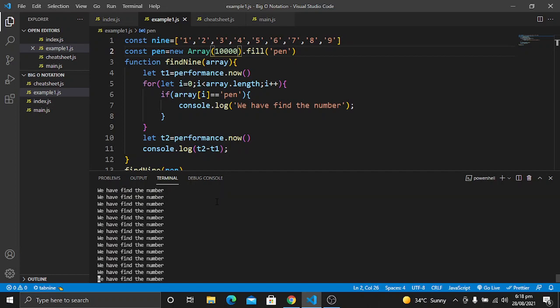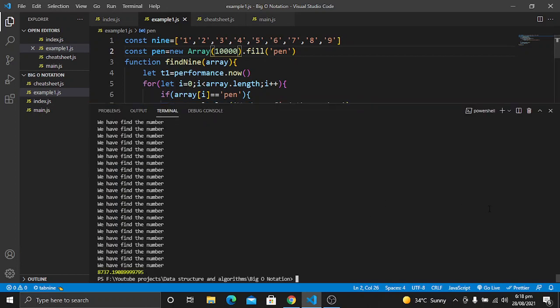So let's run this function. Now you will see it is logging and it's taking a lot of time. So it is printing at 10,000 items.